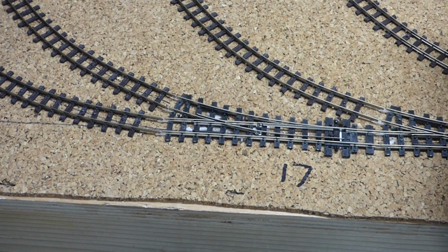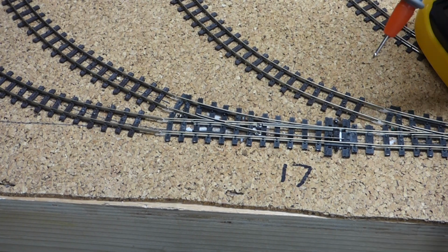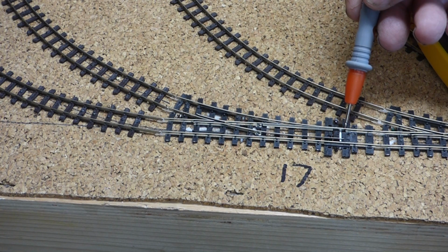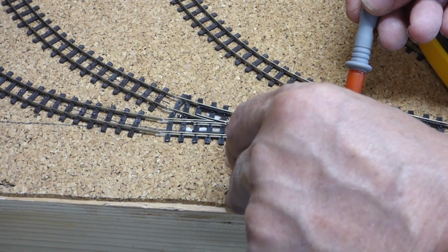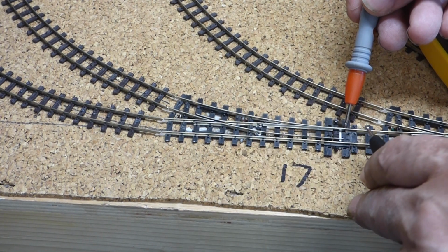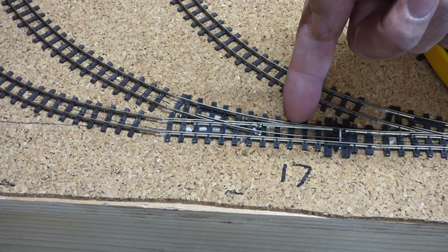what we can get is the multimeter again. I won't put it into the screen because you're not actually reading anything on it. We can hear the beep if the battery hasn't died on me. So what we need to do is check that the power is on the stock rail. It's through the blade correctly, which it is, and then it's into the frog correctly, which it is. So we know now that that feed goes correctly from this side of the point, onto the correct blade,